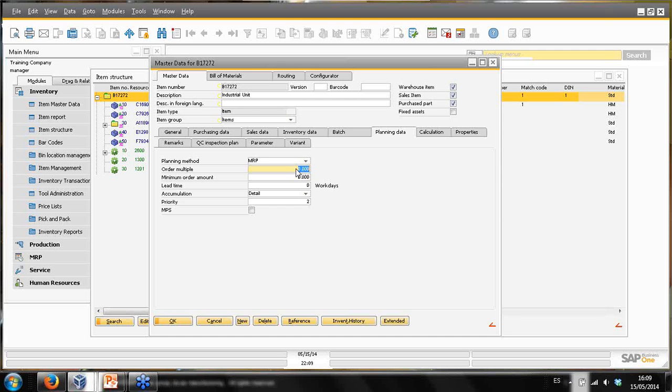if I say, for example, 12 here, it means that we plan to produce this item in dozens, okay? So the system will always try to create work orders in multiples of 12, in this case, like 12, 24, 36, and so on. Minimum order amount is also considered by the MRP. Of course, it depends on the type of the item. If we are talking about a production item, which is the case of this one I have created here,